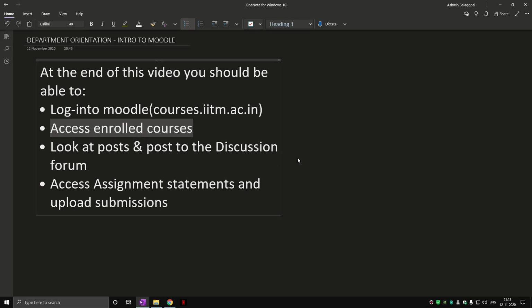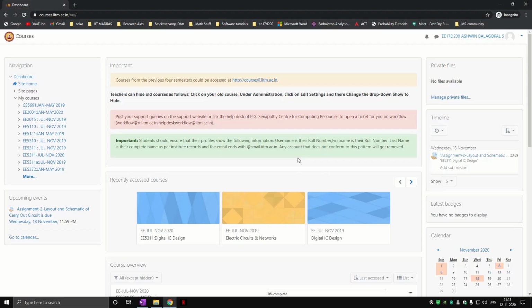Now let's move on to accessing enrolled courses. Before that, what are enrolled courses? While you are at IIT, you will take many courses, and a part of taking courses is accessing courses online. The idea is that the instructor will post either recorded sessions of their videos or assignments where you will have to submit to them online on a course page on Moodle. So that's what Moodle is mainly for. But to be able to interact with the course, you have to first enroll to it.